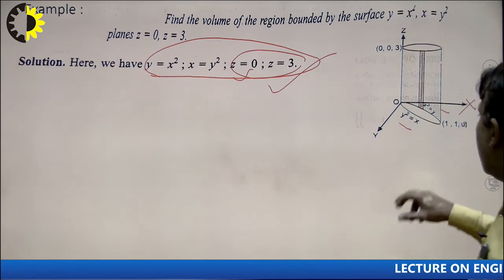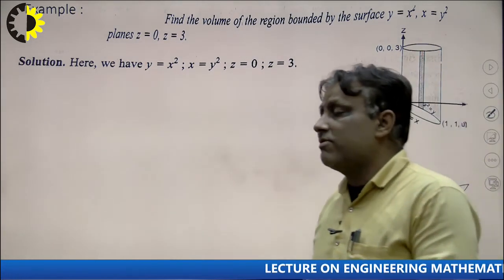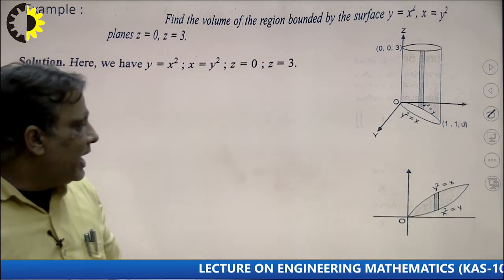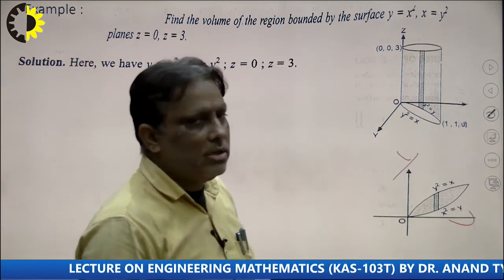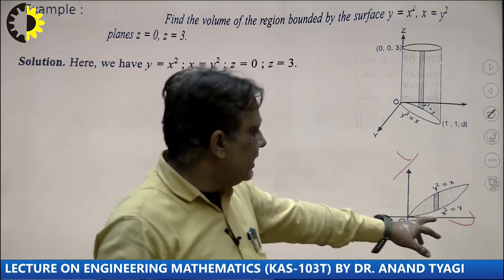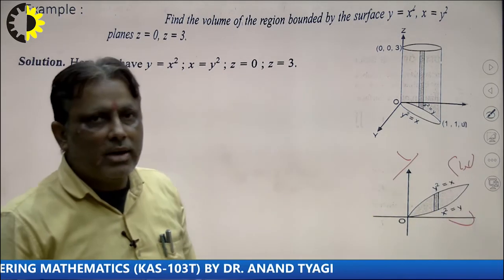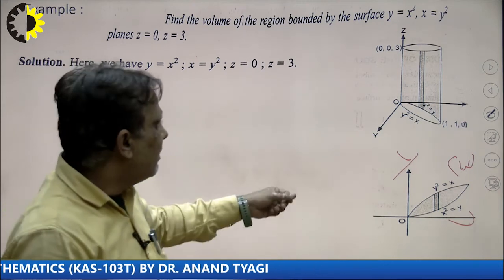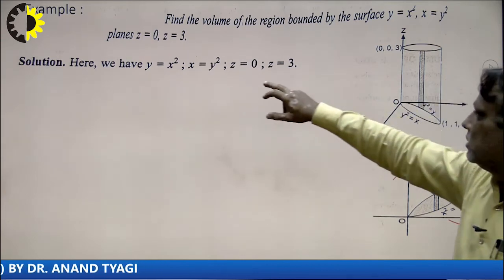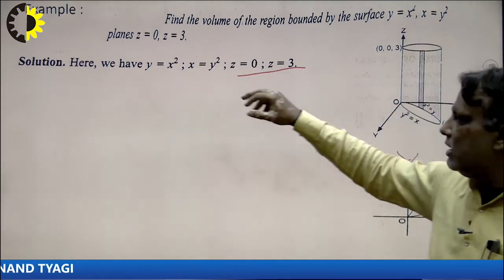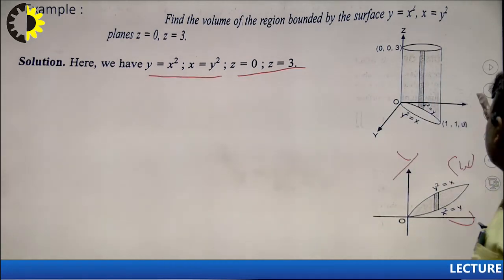Now the question is how to take the limits in the xy plane. So first of all we draw this diagram again in the xy plane. Now taking the strip, suppose this is the x-axis and this is the y-axis. How to take the limit parallel to the y-axis? The lower part is this, the upper part is this, and this point will be 1 comma 1. So in this way we can calculate our limits with the help of this diagram. So what will be the conclusion? We see very carefully. First of all we take the limit of z from 0 to 3, I write here, and take the limit of y here by using the diagram.